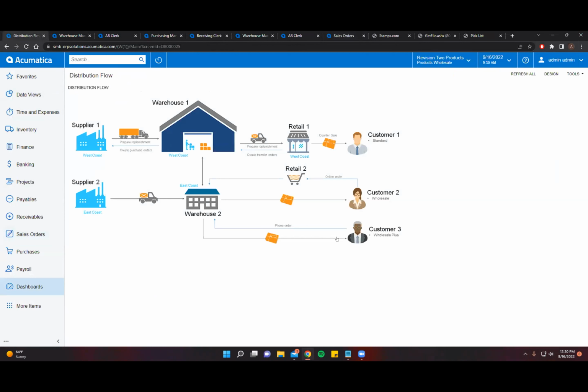So to just kind of run through the distribution flow one more time. We started with our customer Alta Ace placing an order. Our salesman raised the sales order. The warehouse went ahead, picked, packed, and created a shipment for the laptops to send them back to our customer. They did need to call upon some replenishment for the laptop cases. So they raised a purchase order to our supplier. Our supplier went ahead and shipped us the laptop cases, where our warehouse then yet again picked, packed, and created a shipment for the laptop cases over to the customer. So yeah, that's just a quick